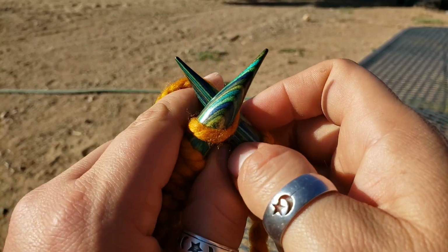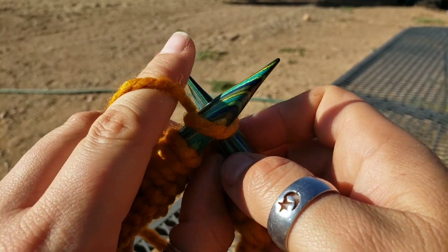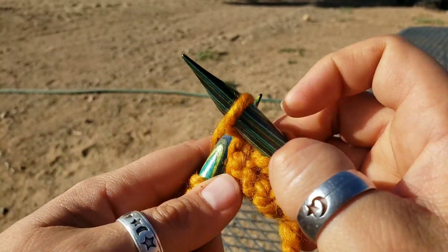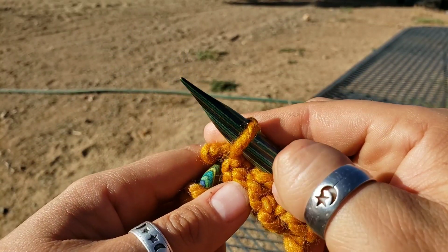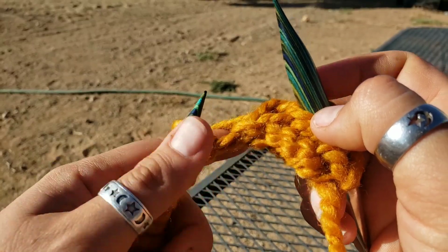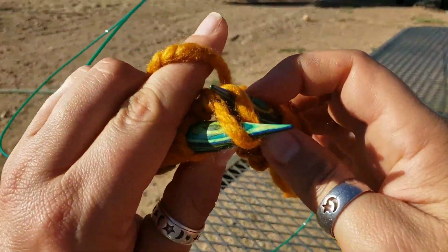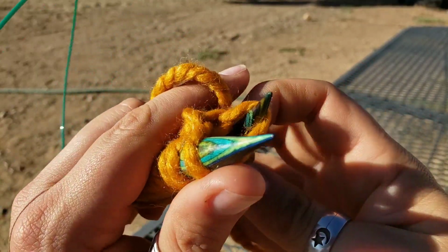Under, over, through, slide, under. And just to give you an idea what this looks like in the back, I am going through the